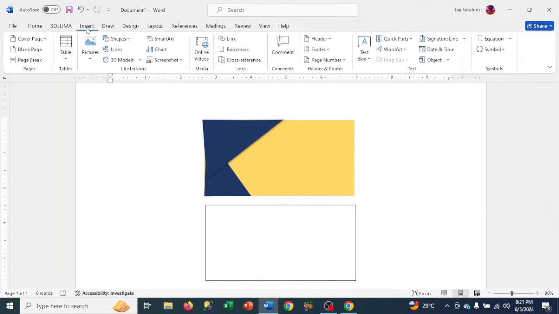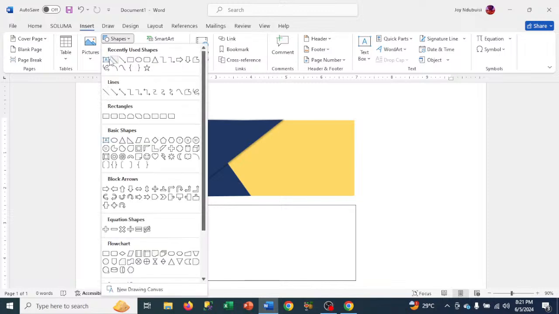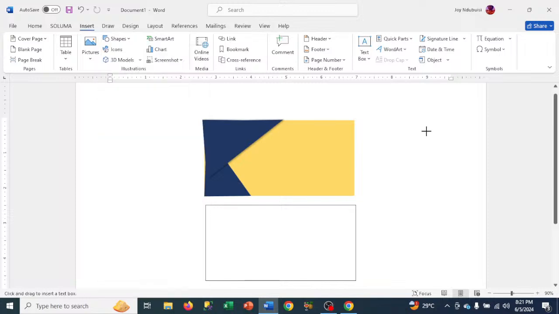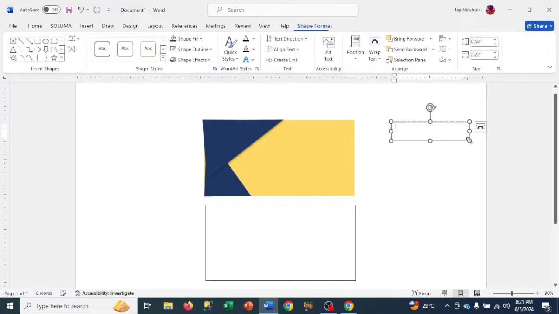From what we have there is a name we have there. So for me, the way I like it is to put the name inside the text box. So I draw a text box. Let's say